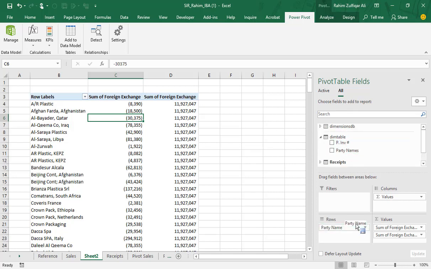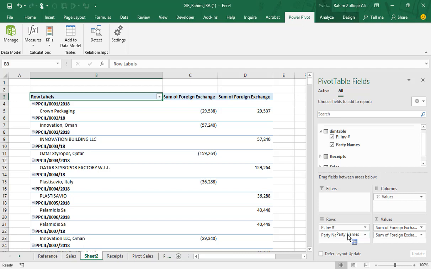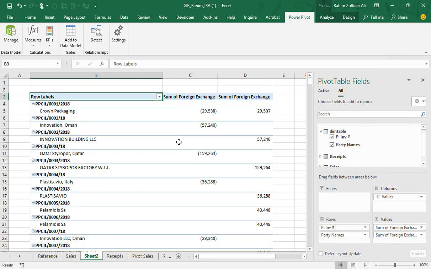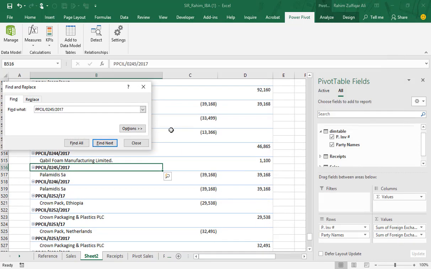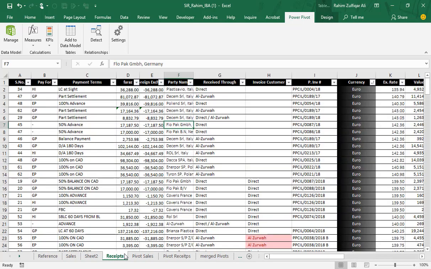Dim table, party names. Okay, so we have the invoice numbers and then the party names accordingly. And we can find this invoice here, Control F, Control V, and yes, here it is. So this is the party name, and this number is available in the sales data here and in the receipts data here.